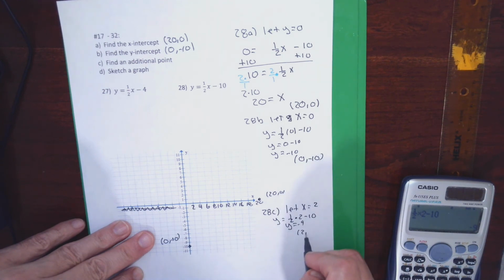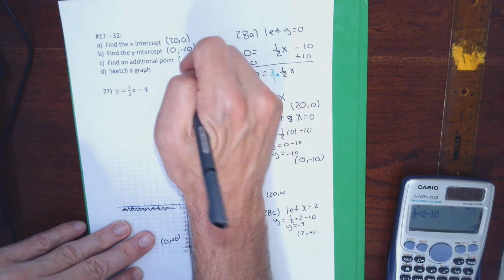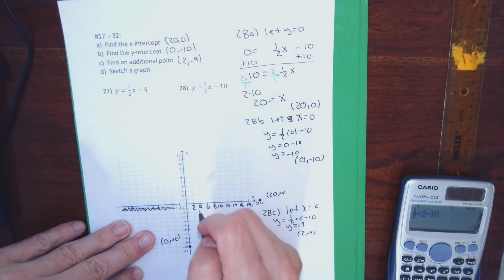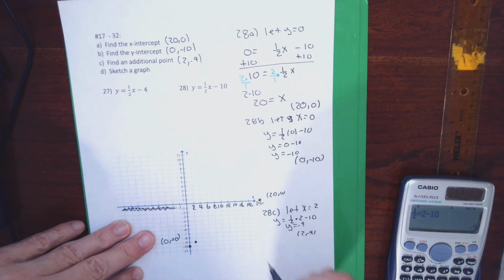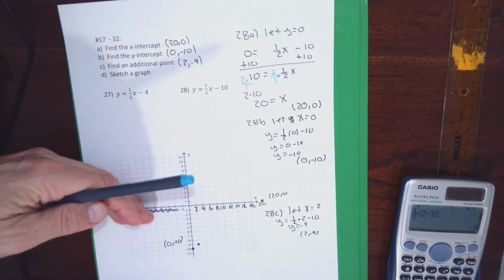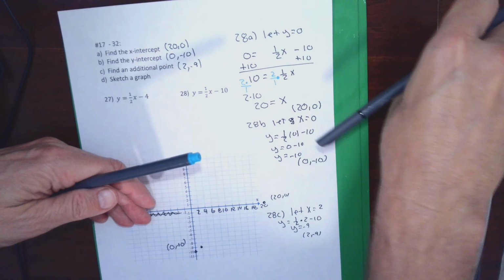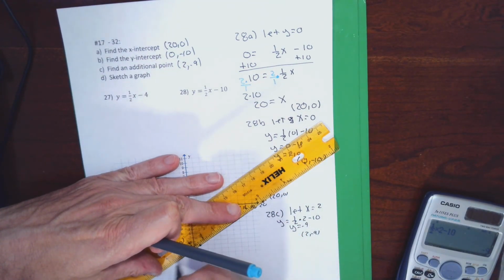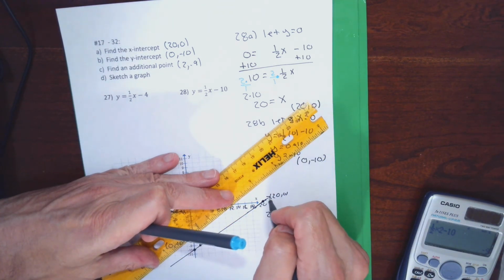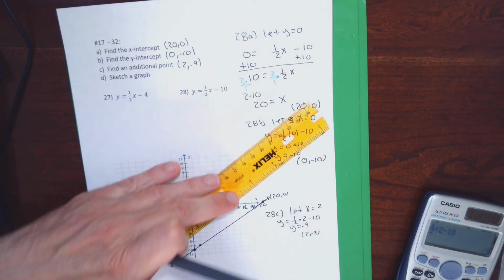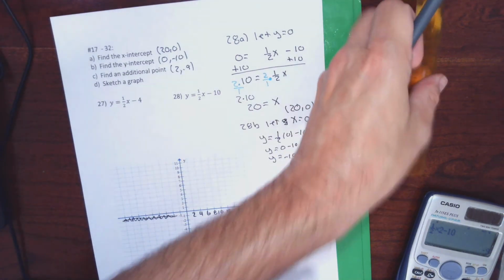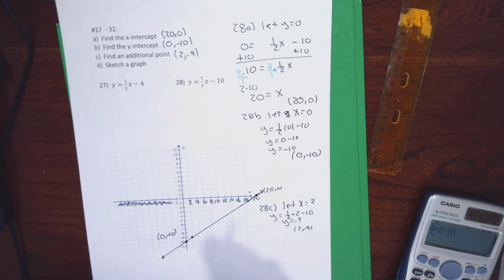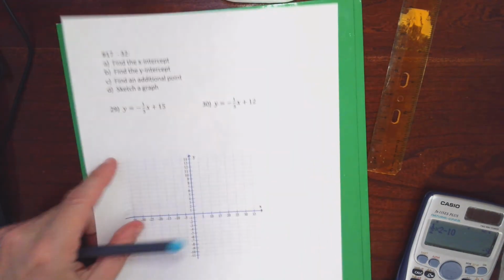So this represents the point 2, negative 9. That's my additional point. So x equal to 2, y equal to negative 9. And you get worried when the axes aren't incremented the same. Are the points really going to line up? But they should. But without graph paper, having points this far apart and having them line up, that's not so likely. If I was doing this without graph paper, the chances of my points lining up are pretty close to 0. So we're going to do one more problem and then we'll break into a part 3 for this video,